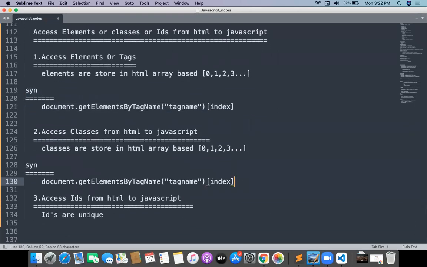And for the classes, document.getElementsByClassName, and this time this will be the class name. You have to remember one thing: document.getElements, elements is nothing but plural.